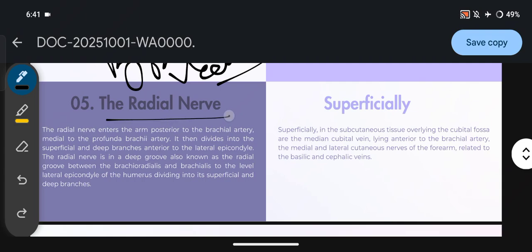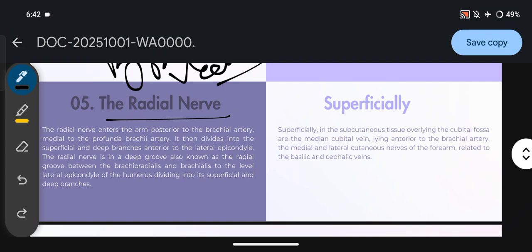Then at number 5, the radial nerve. The radial nerve enters the arm posterior to the brachial artery, medial to the profunda brachii artery, and it then divides into the superficial and deep branches anterior to the lateral epicondyle. The radial nerve is in a deep groove, also known as the radial groove, between the brachioradialis and brachialis to the level